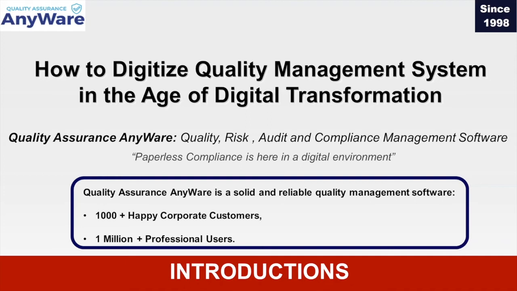It's been in the market, so we've been developing it. It's our proprietary software solution. We've been developing it, and then we've been improving it, and we keep basically investing in our software solution, Quality Assurance Anywhere, to make sure quality management teams can enjoy the benefits of the system as to comply with any quality management system digitally, not on paper. And if you are using Quality Assurance Anywhere as a quality management team, as long as you use it on a daily basis, you are ready for audit anytime. You don't need to do any special preparation, which may be really chaotic if you are not using Quality Assurance Anywhere, as you know. So that is an important benefit.